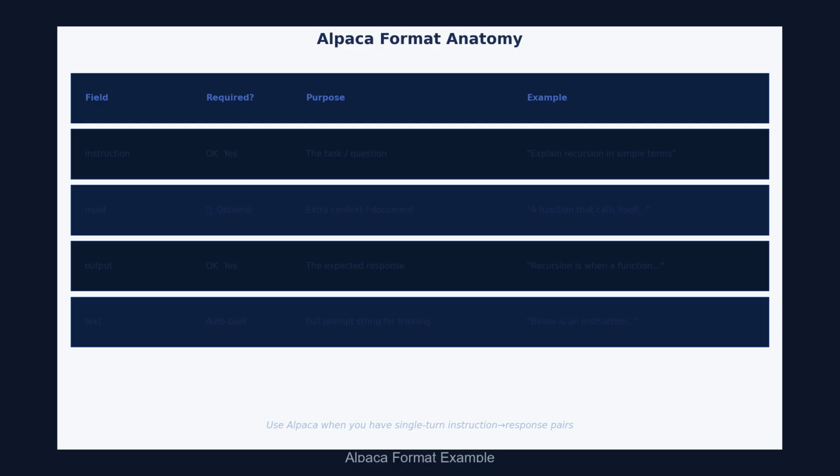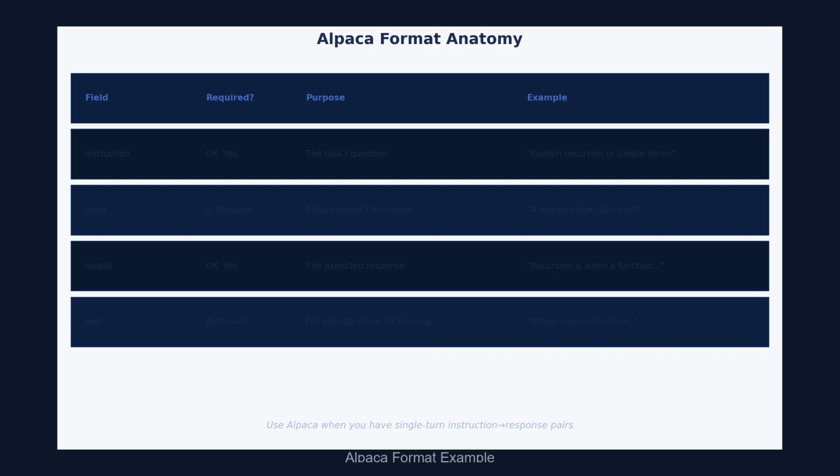The output field is required. It's the target response. There's also a text field that combines all three into a single formatted training prompt, typically following the template: Below is an instruction, input, response. Many datasets on Hugging Face use exactly this structure, so recognizing it means you can load and use them immediately